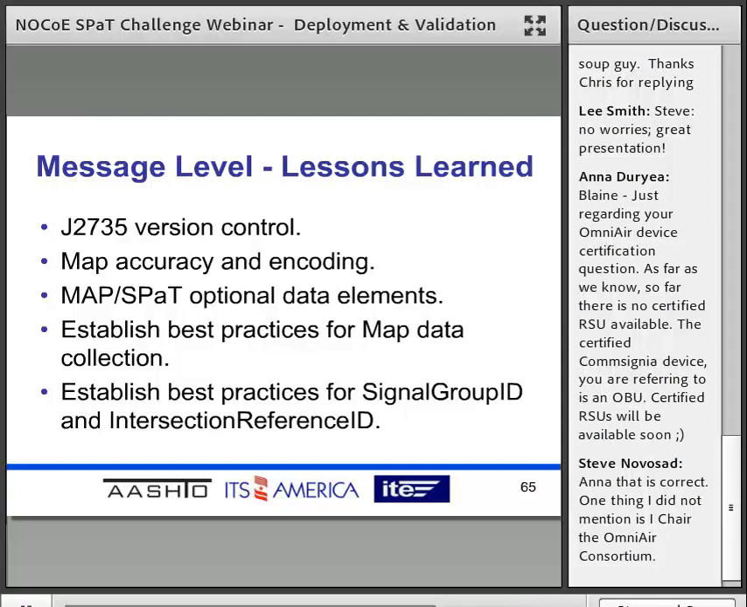You need to establish best practices for map data collection, especially when you're dealing with really complex intersections. It's fairly easy to understand your approach and egress lanes and the lane use and the phase lane mapping for a fairly simple intersection. When you're getting into larger complex corridors with dedicated lanes that might not go all the way through the intersection, multiple signal heads,